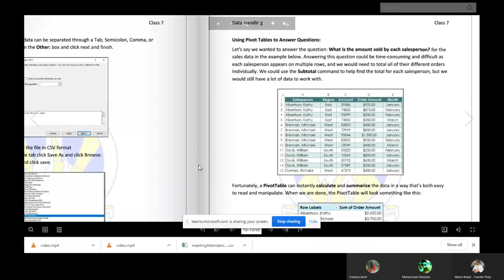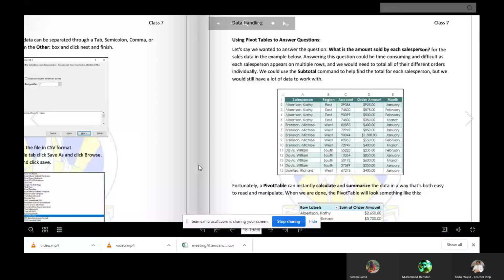Only one person I want to search for, and we would need to total all their different orders individually. We could use the subtotal command to help find the total of each salesperson, but we would still have a lot of difficult work.